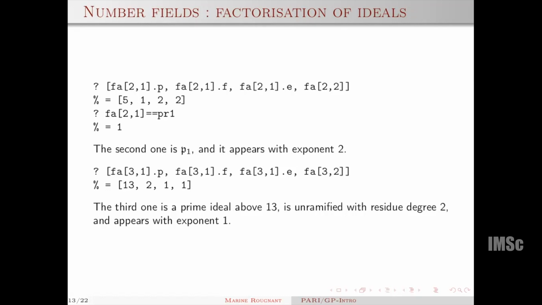And here, in fact, we can check that this second ideal is the prime that we called P1 earlier. To check something like that, you double it for a second, so it's P1 squared. And the last one is a prime above 13 and ramified with residue degree 2, and which appears before 1. Okay, so I didn't write it, but finally, we know that this A can be written as